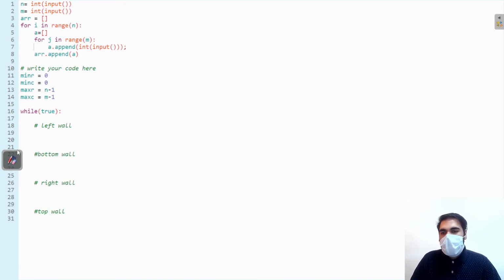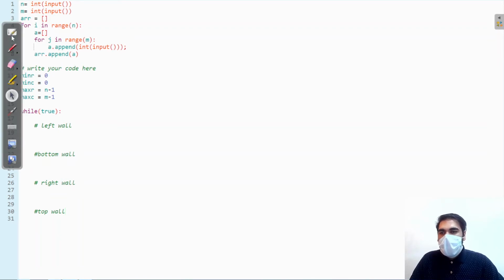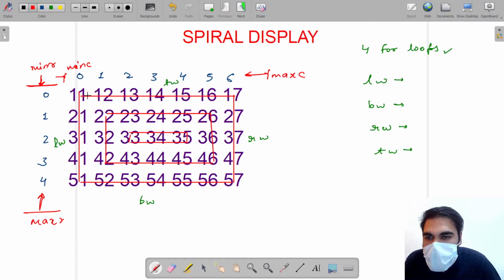So first we have to talk about the left wall. How will we be traversing the left wall? For the left wall, if you see, we have i and j. We will talk in terms of i and j. Suppose here our i, if we want to traverse in this direction, we have to move our i from this position to this position. That means we have to move our i from min row to max row. Here the value is 0, that is min row, and up to max row. And our j will move in the column direction, so our j will be constant here.